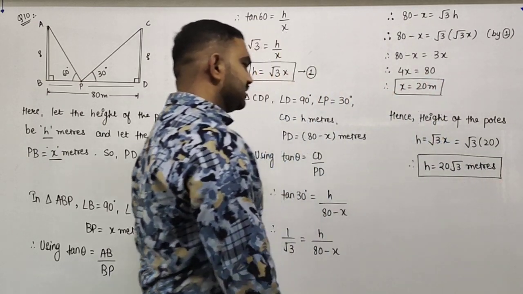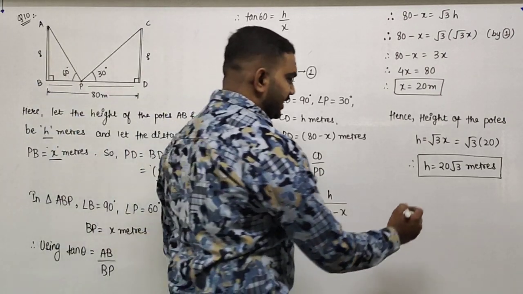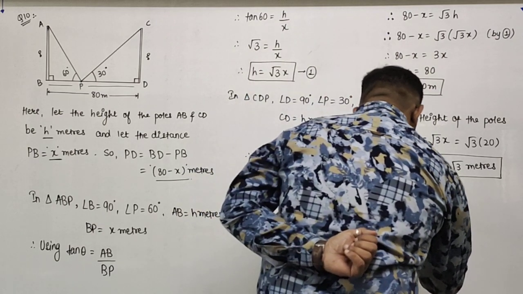So the first one is completed. Height of the poles, that is AB and CD, is 20 root 3 meters, and also